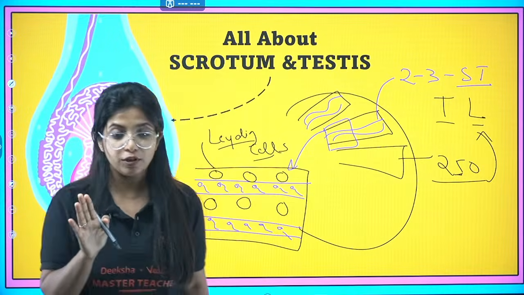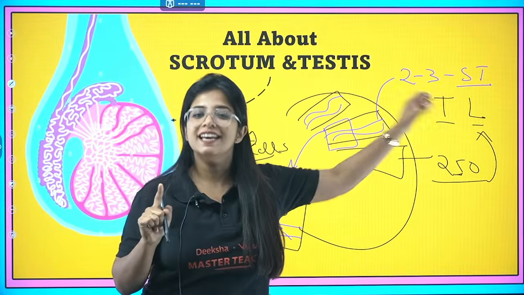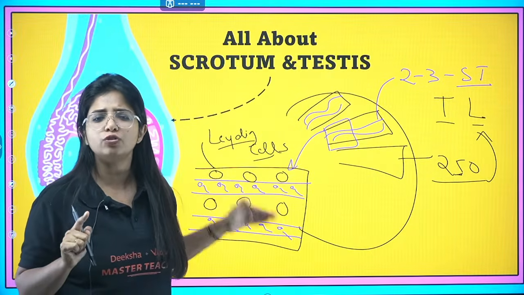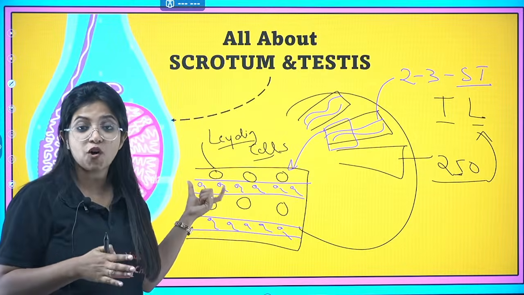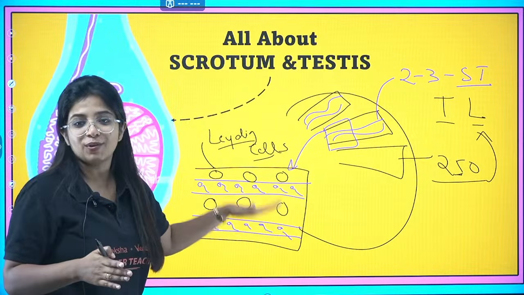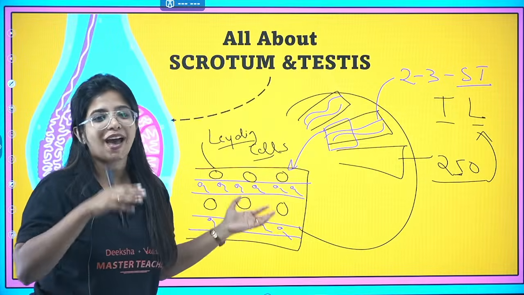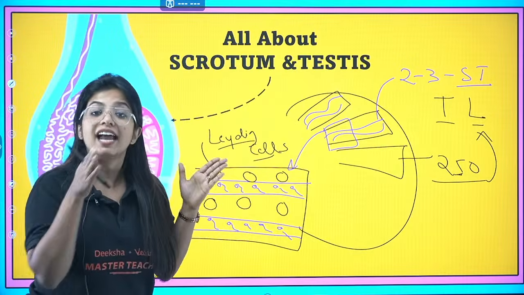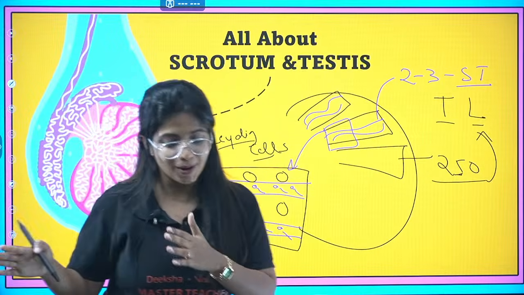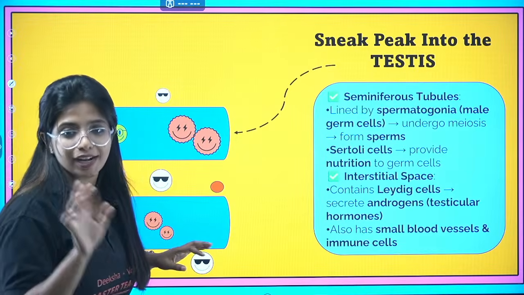So I'm just giving you a brief. You have the testis. Inside the testis, 250 testicular lobules. Inside each lobule, almost 2 to 3 seminiferous tubules. Inside the seminiferous tubule, the sperm is being formed. Outside the seminiferous tubule, you have some space. You call it interstitial space. Inside the interstitial space, you have interstitial cells, or what do you have? You have the Leydig cells. And now we need to know more about it, which is why I'll take you to the next slide where we'll have more understanding of it.